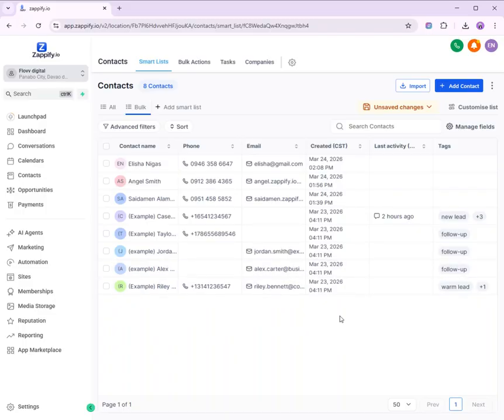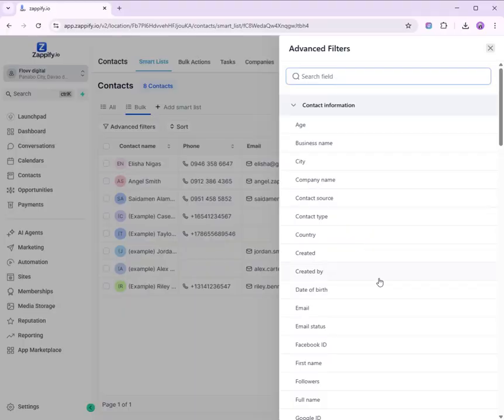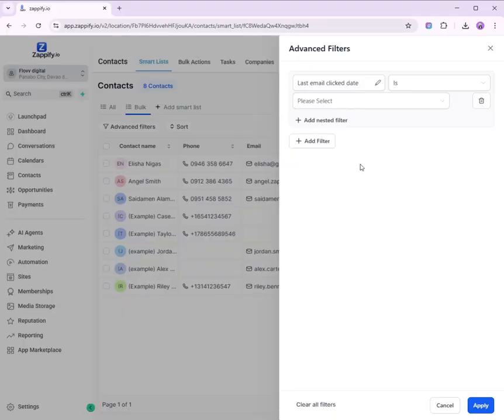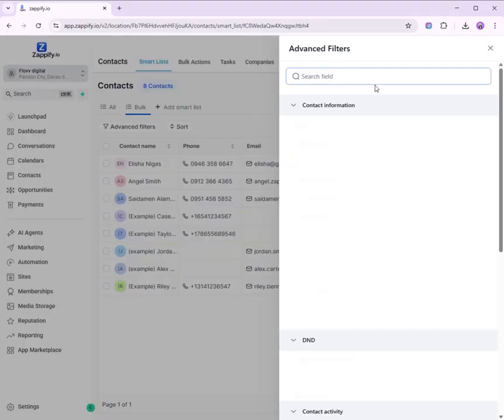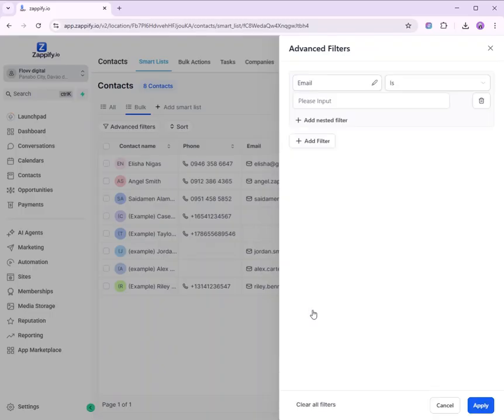So if you want to find and manage existing contacts, you can use the search bar or filters. So let's say, for example, if you want to filter by their email, click apply.